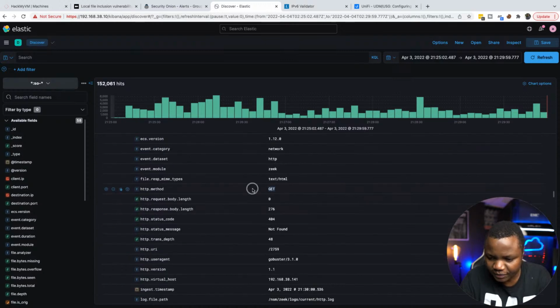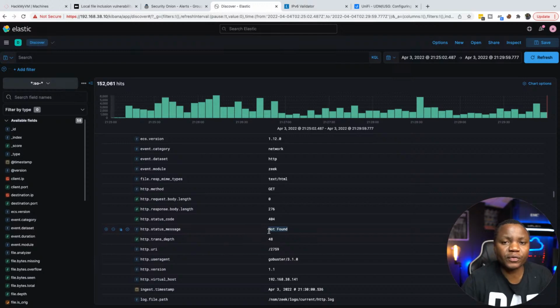Here's a GET method. HTTP user agent is GoBuster. Again, these tools are just very silly. If you use GoBuster, this is what you are working with. It's an HTTP not found because we are brute forcing using a word list. So every single word that we send that doesn't match on the host is going to bring HTTP not found. So if I go and search for these